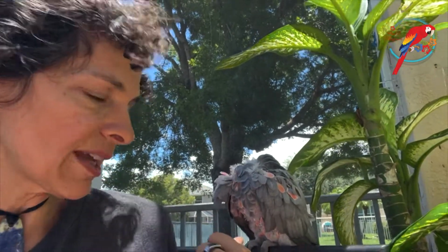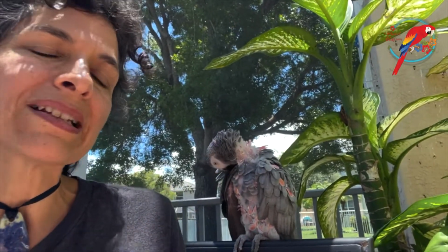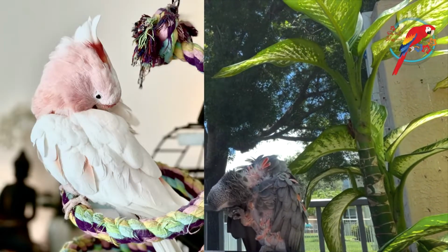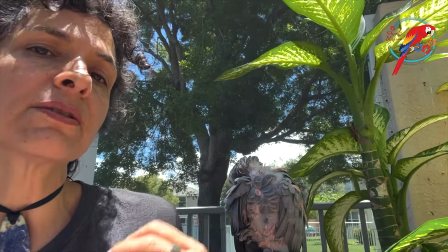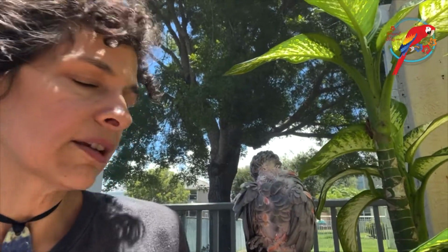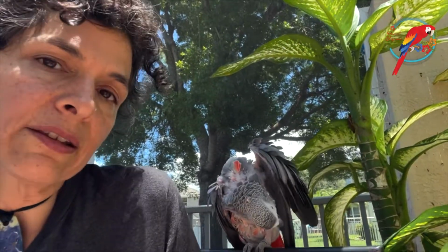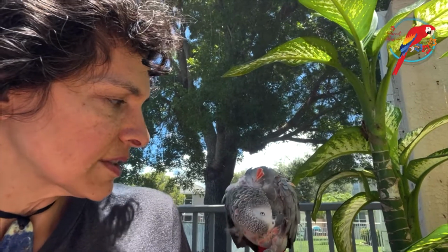I mean, in her case, it's obvious, her vision's going. I could see the aging going on, but my point is, you don't always see the aging going on. So I would say that because of that, one of the most important things is to really observe your parrot and see where they're at, see what they need. And you get a sense. Just by observing Hera here, we realized that she was having a hard time seeing. And I made a little adjustment in her cage, no big deal. But just by watching her and seeing her,